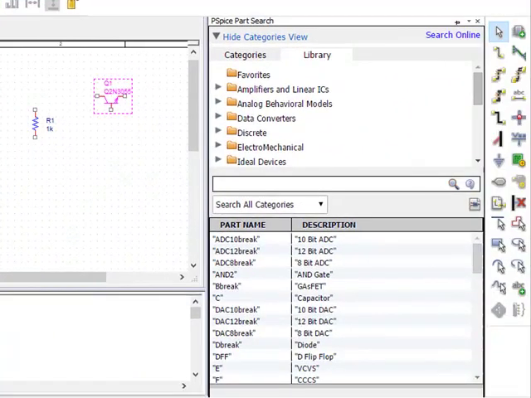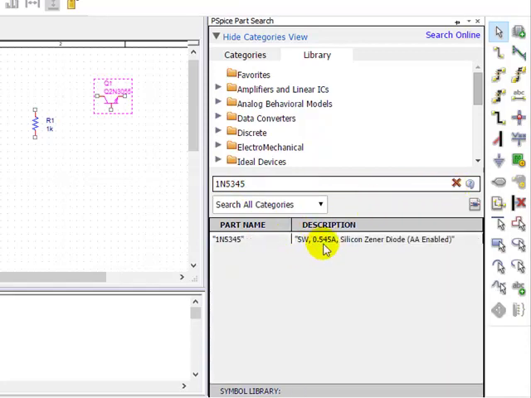So you don't have to remember in which library you find Zener diode. You just type 1N5345 here, click on search. Yes, I got the Zener diode I was searching for. Select this, I'll rotate it, I'll place it below the base terminal. Done.